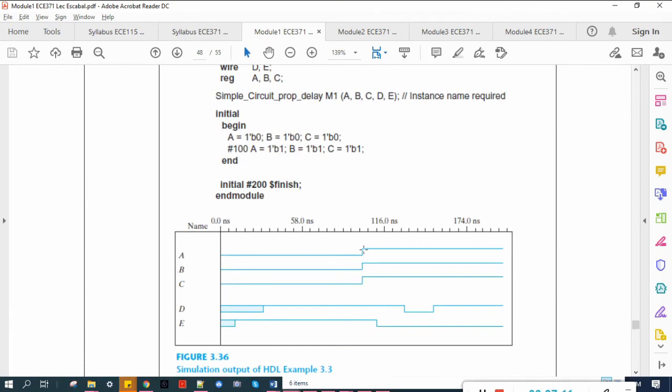So when the inputs ABC change from 0 to 1, the output E did not change immediately. It changed after 10 nanoseconds delay, which is this part. And then the output D did not change yet. After 10 nanoseconds, it did not change yet, because